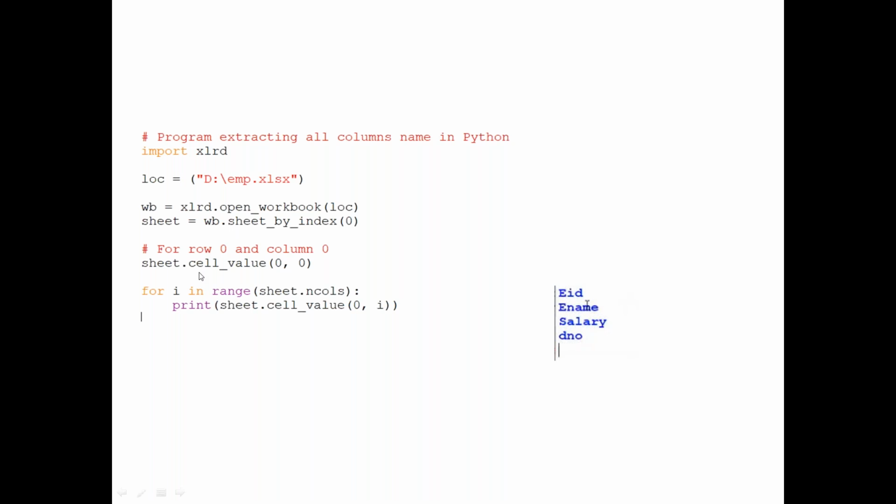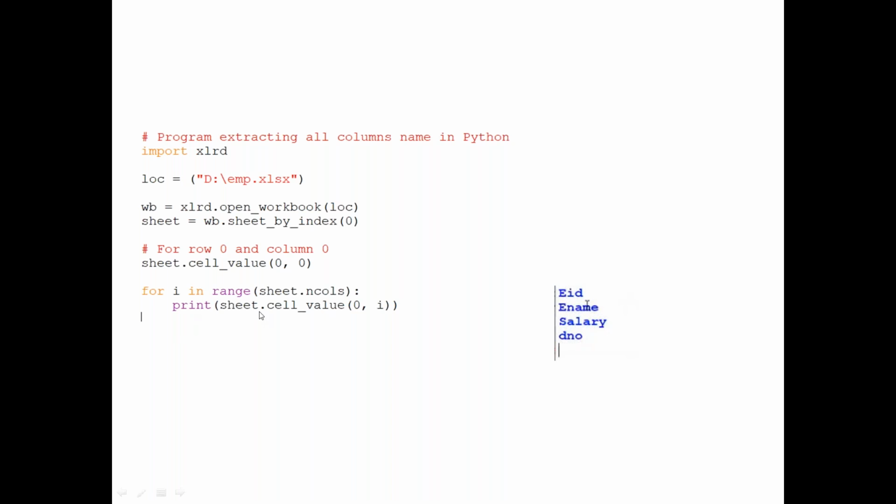So I'm setting my sheet cell value as 0, 0 initially. Later on, I will increase the column number. I will not change the row number, but I'll change the column number. So for i in range, sheet.ncols. ncols is nothing but the number of columns. So i in range of 0 to 5, or 0 to n minus 1.